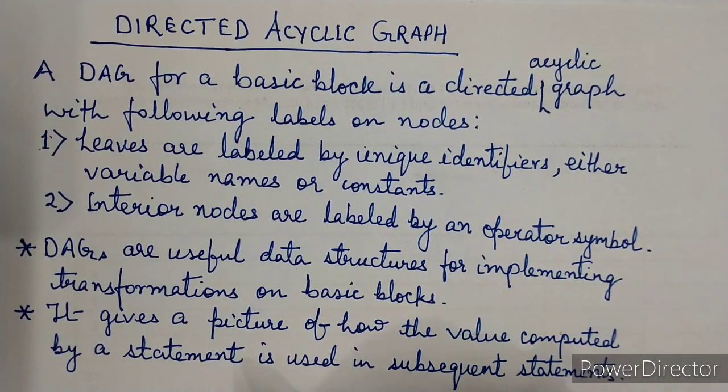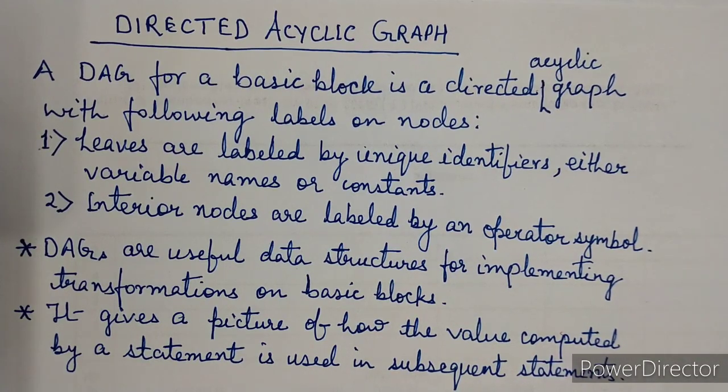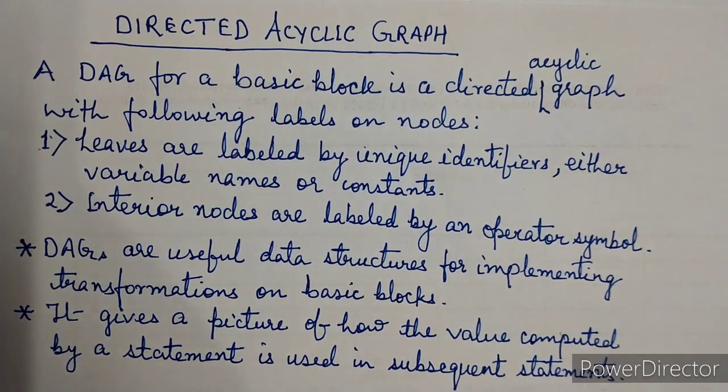So DAG gives a pictorial view of the basic block, and it also gives information how the value computed in one expression is used in subsequent expressions. तो ये भी बताता है कि कोई वैल्यू जो कंप्यूट हो रही है वो आगे किस तरीके से स्टेटमेंट्स में यूज की जा रही है. ओके,